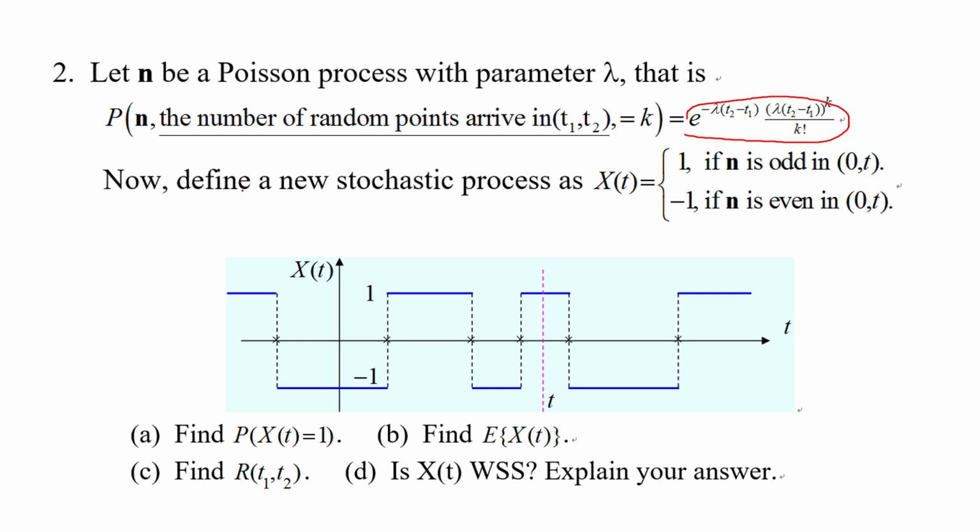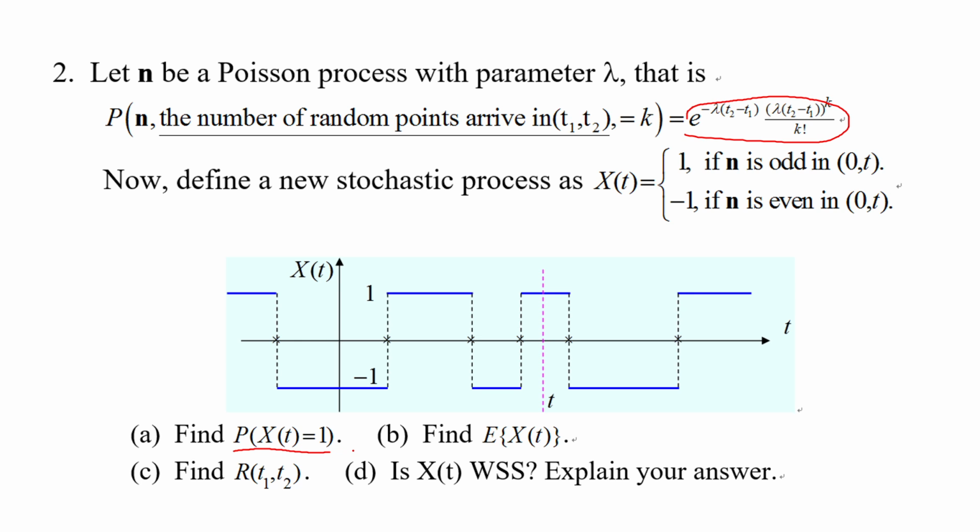And now we define a new stochastic process as X(t) equal to 1 if N is odd in the range between 0 and t, and X(t) equal to -1 if N is even in the range between 0 and t. And for the first question, we need to find the probability